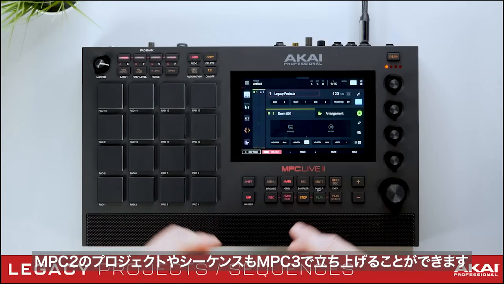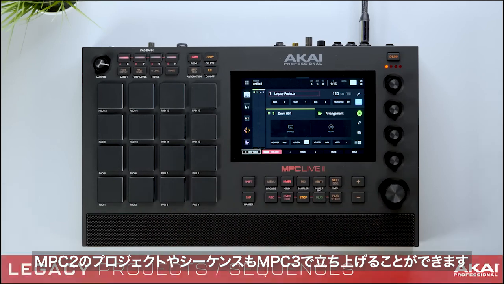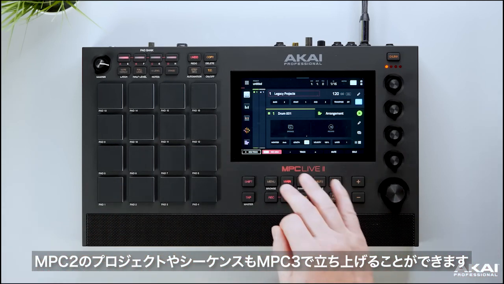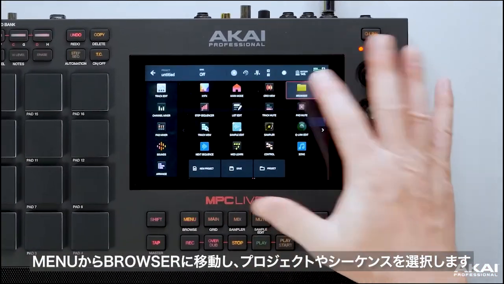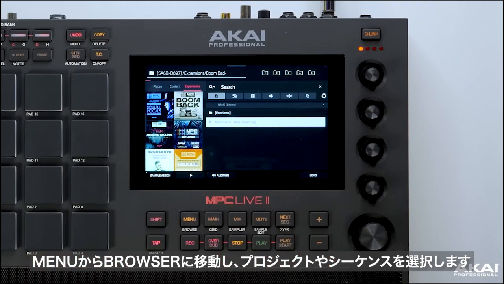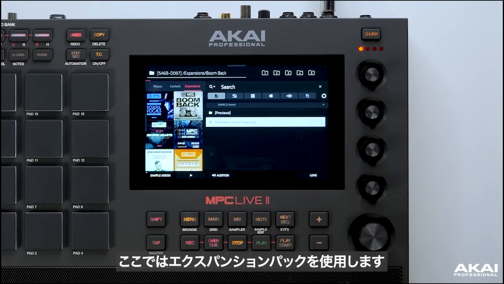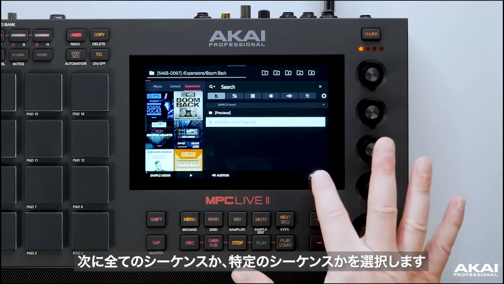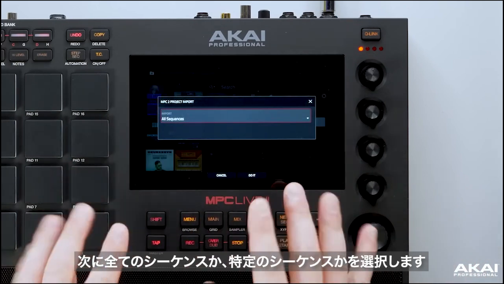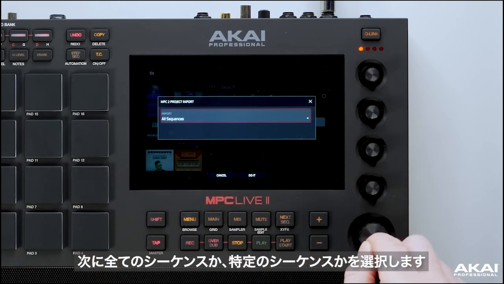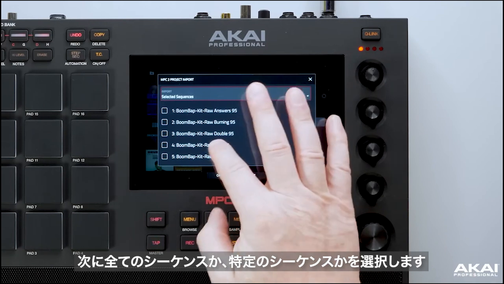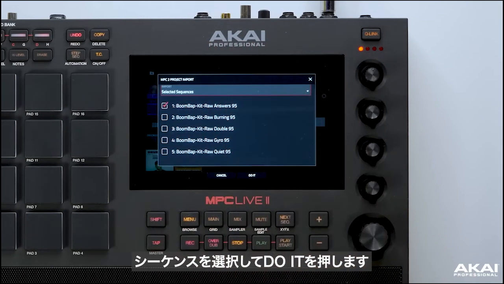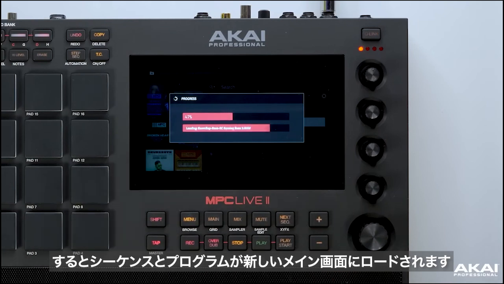You can import your MPC2 legacy project or sequences directly into MPC3 by navigating to your menu, then to browser, then locating your project or sequence. I'm going to use an expansion pack. So from here, I can go into my project and I can select all sequences or an individual sequence that I want to work on. And we'll select our sequence. Now we'll press Do It, and now that's going to load the sequence and the program directly into our new